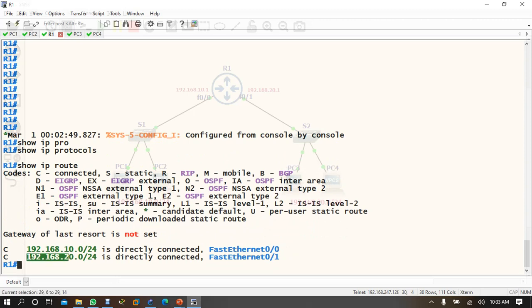See, the 20 network is in my routing table. It's directly connected. So whatever network is in my routing table, whether it is a directly connected network or an indirectly connected network, if it is in my routing table, then you can communicate. So see here, 20 and 10 are in the routing table, no problem.